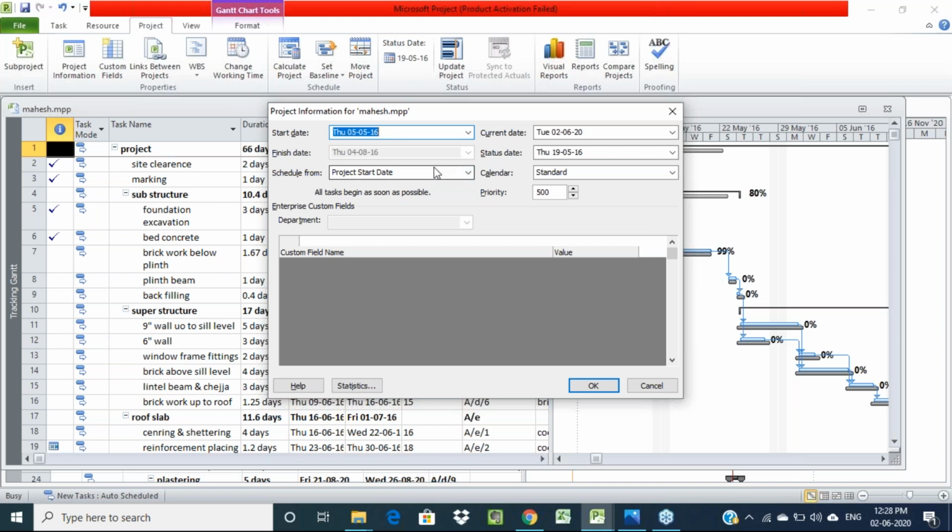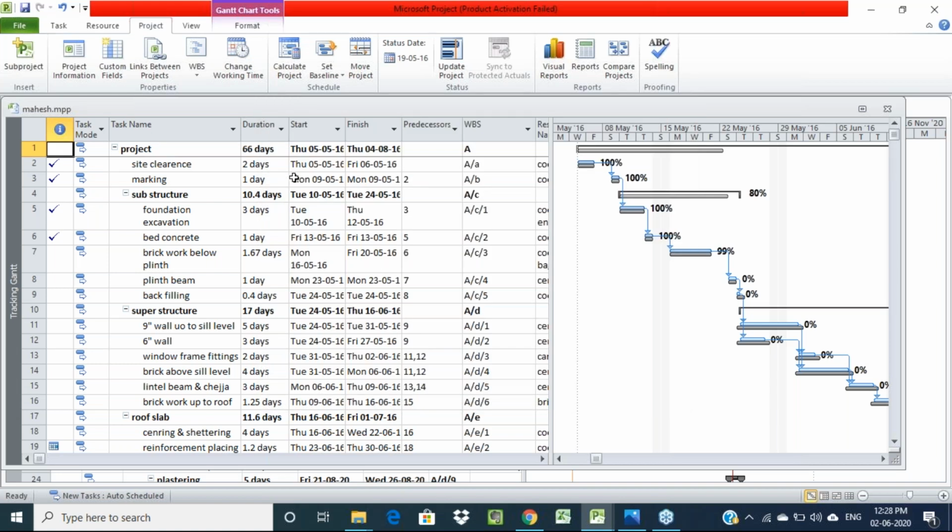For this we will update for 3 months. The starting date of this project is the 5th of the 5th month, 2016. From that date we will update for some 3 months, right?